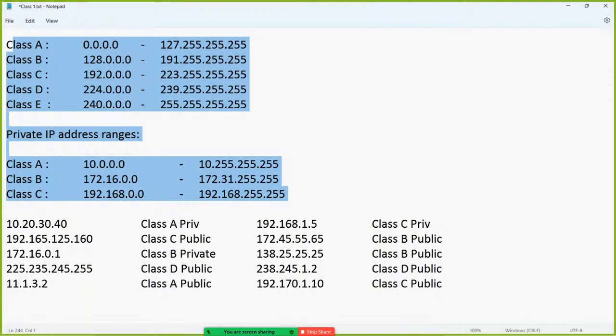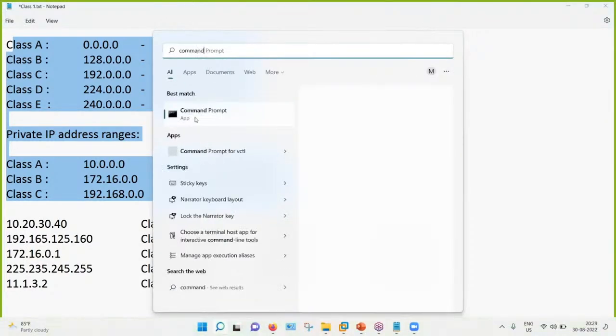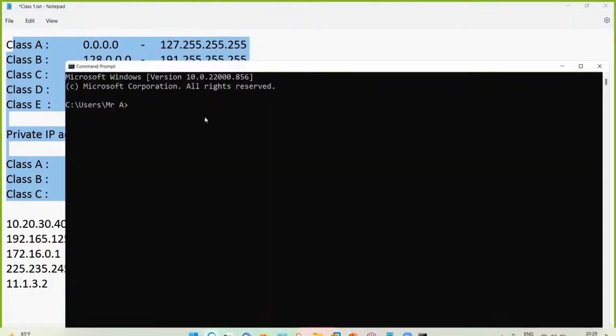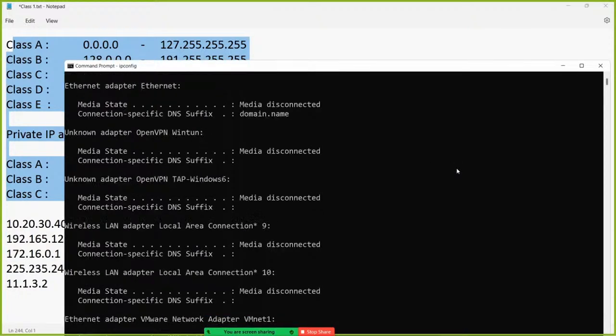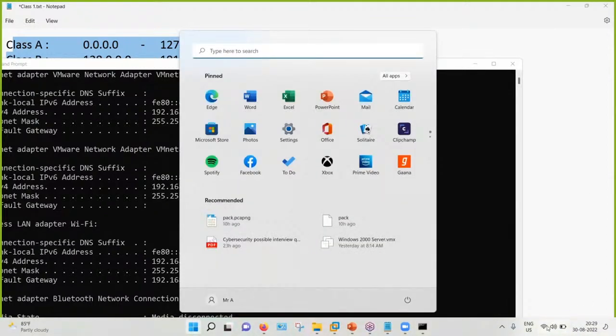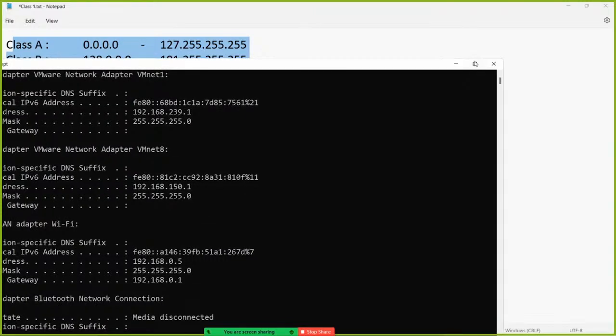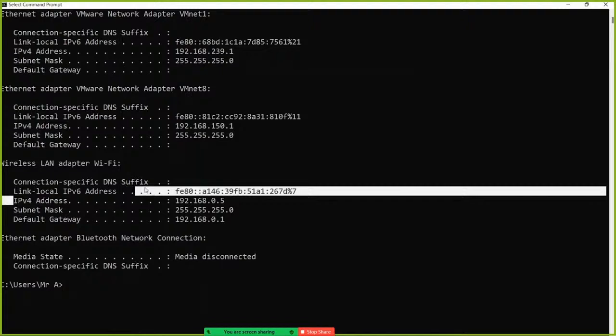I've shown you how to see a public IP, but I've not shown you how to check a private IP. If you want to check your private IP, guys, you have to open up your command prompt and search for the command ipconfig. This ipconfig command will give you the private IP. Right now, I'm connected with my Wi-Fi network, so I'll see over here the wireless LAN interface, and that shows me my private IP over here,